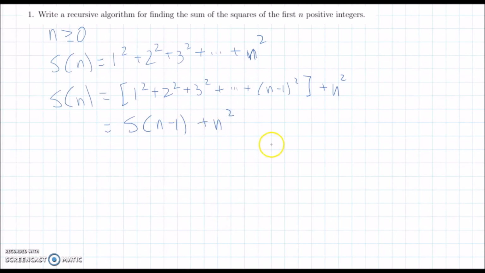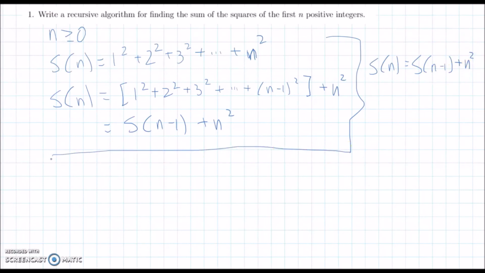So notice that when I write the function this way, that when I sum all of this up and I say S_n is equal to S_(n-1) plus n squared, I am calling the function to define the function. So I'm doing this recursively. So now how could we write this as an algorithm? Well, I'm going to use Python syntax because that's what we do in this class. So I could define a function. I'm going to call it sum of squares, and it's going to take an n,